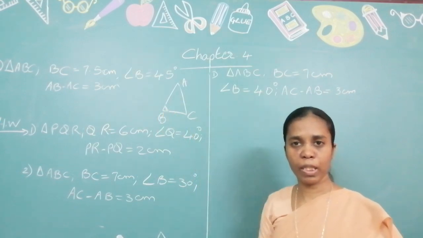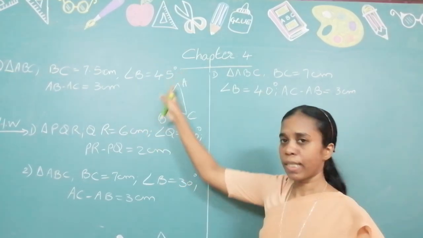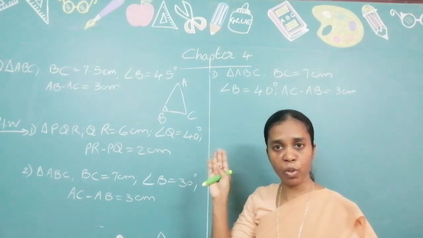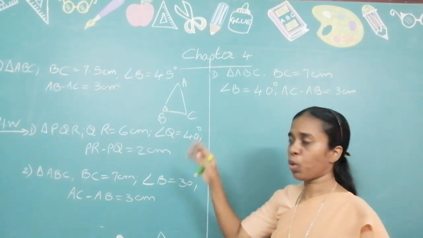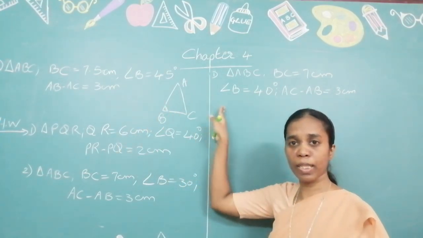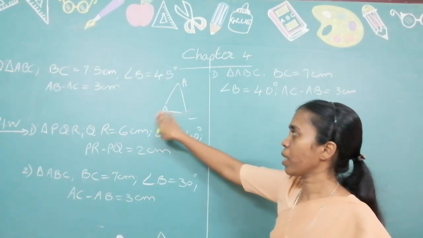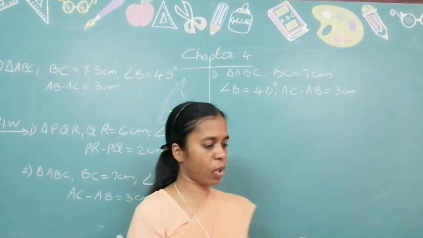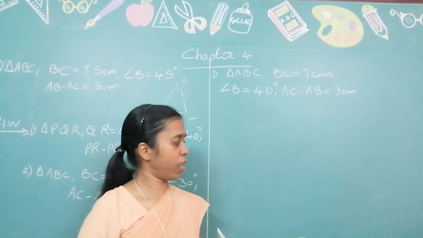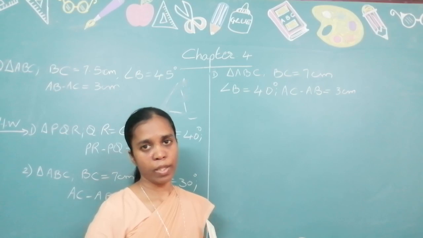So how do we do construction? If base angle is B and you are told this minus this, then the construction is above. Okay. And if you are told this minus this, because this is the base angle and you are told this side minus this, then the construction is below. So let us look at it, how we are going to construct it. Okay. First we have to draw the rough diagram. I am not drawing the rough diagram over here. First we will directly see how the construction is done. Then we will see how to draw the rough diagram.